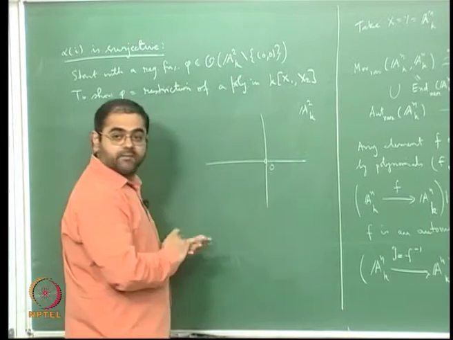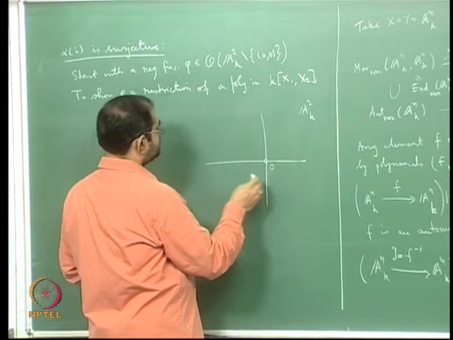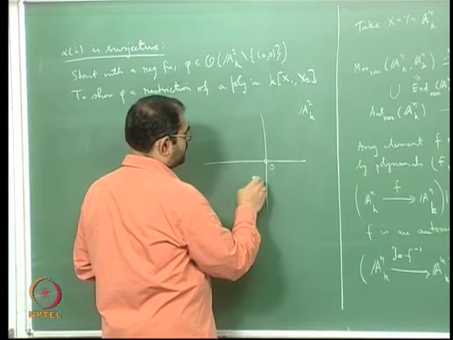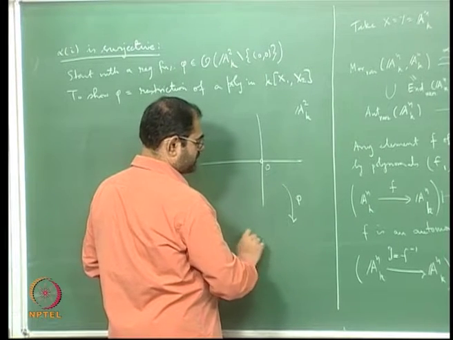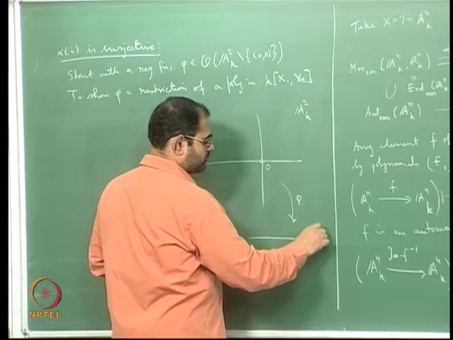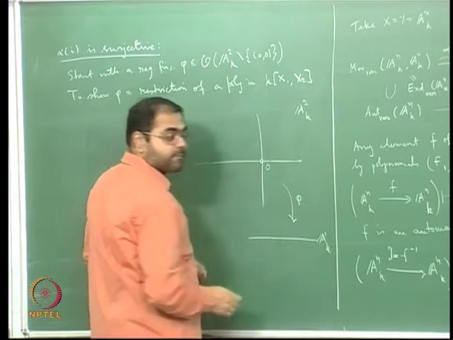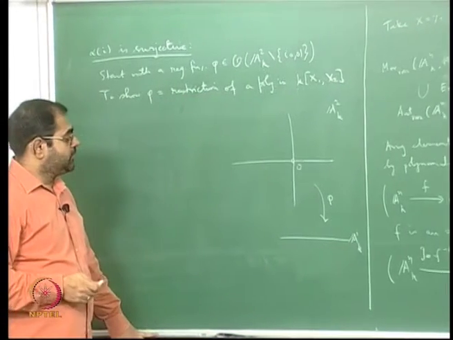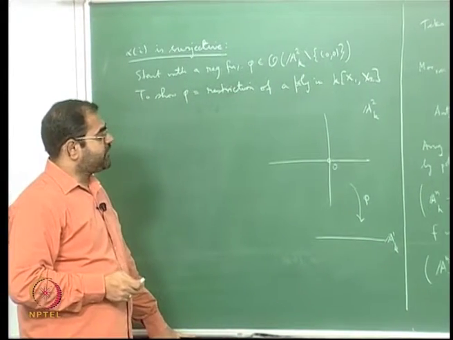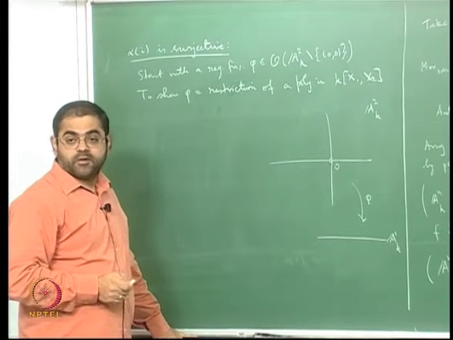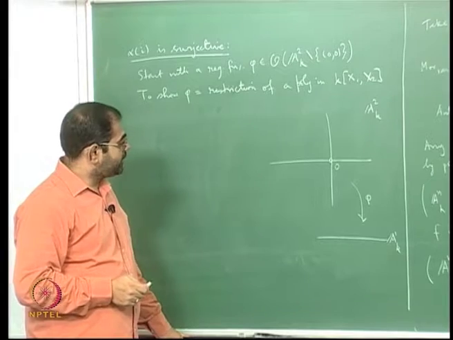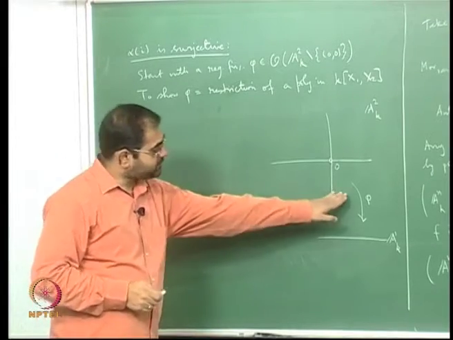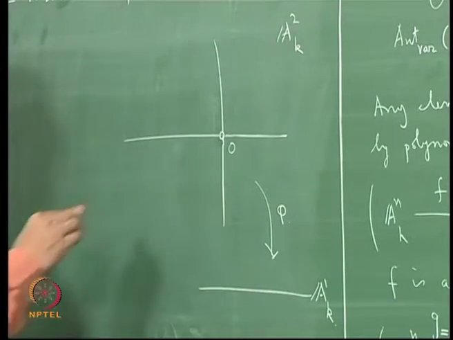So this is the punctured plane, and I have a regular function on this, namely I have a phi which takes values in A1, right. So this is my phi, and I have to show this phi is actually coming from a polynomial, right. And what is the meaning of saying that this is a regular function? Let us go back into that.